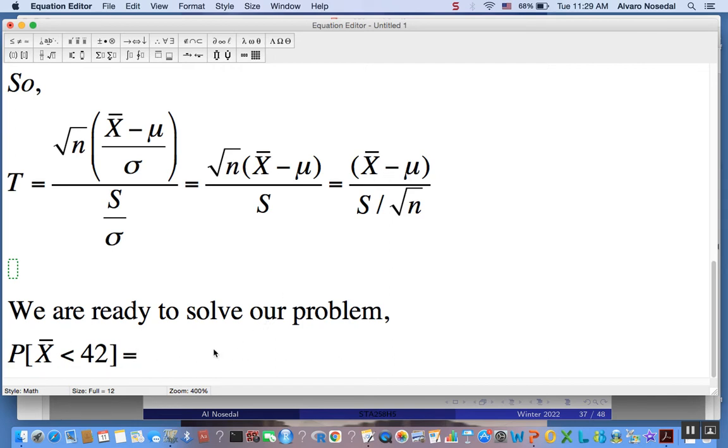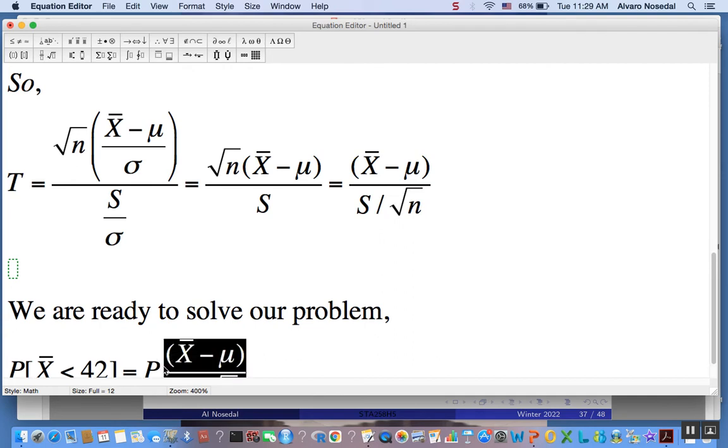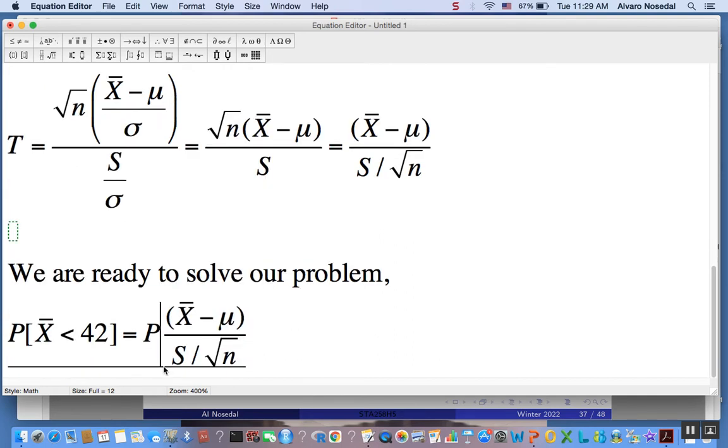What we do is, this event, x bar less than 42, is equivalent to the probability that x bar minus mu divided by s divided by the square root of n, right, is less than